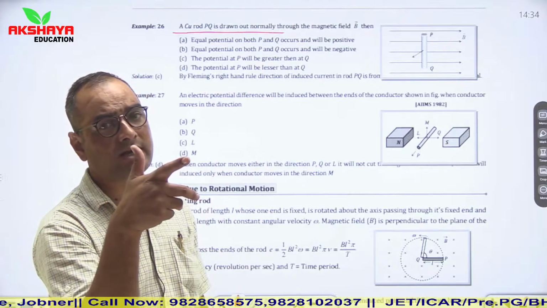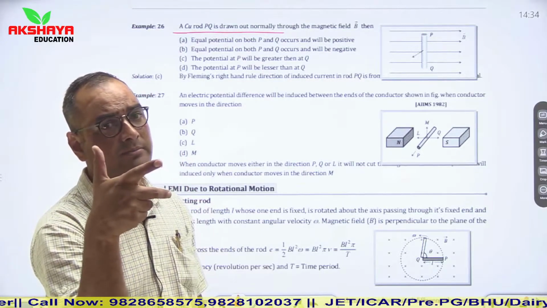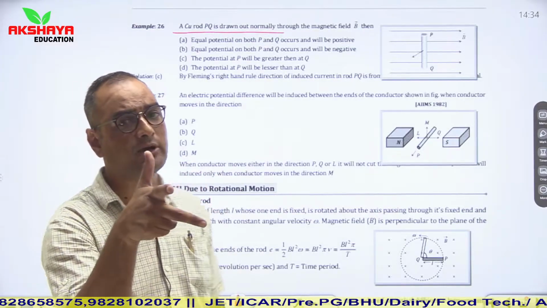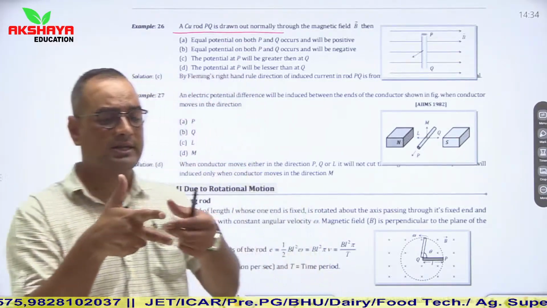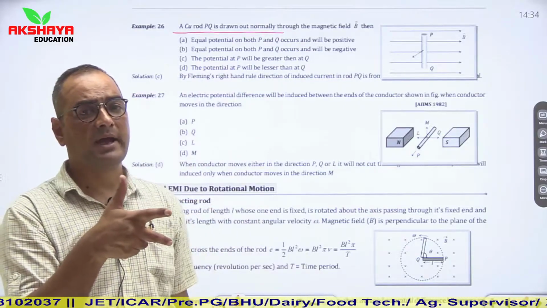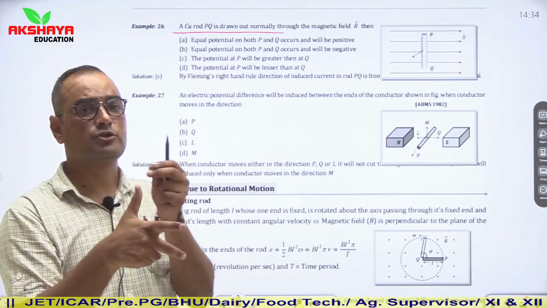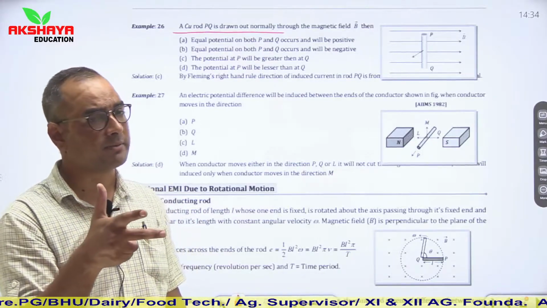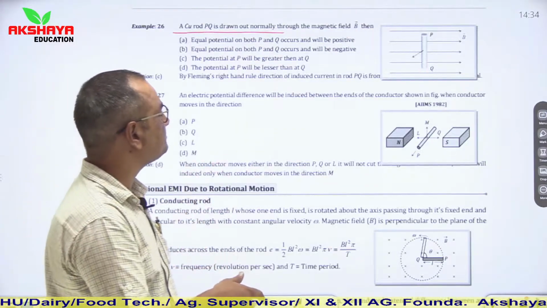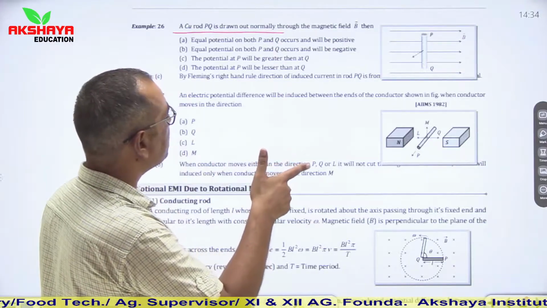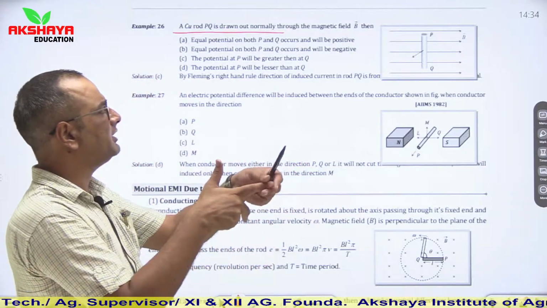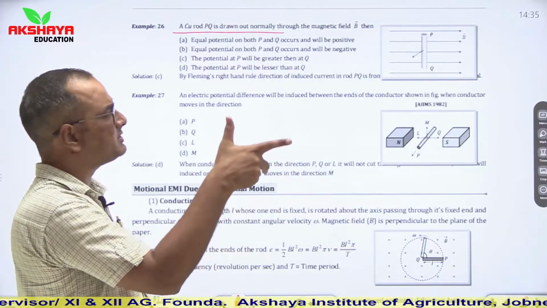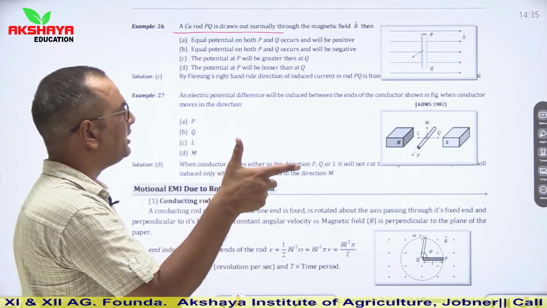According to Fleming's right hand rule, stretch the thumb, index finger and middle finger of the right hand in such a way that they are mutually perpendicular. If we take the index finger in the direction of the magnetic field and the thumb in the direction of motion, then the middle finger will represent the direction of induced current or EMF. So here the magnetic field is given, the thumb is representing motion in the upward direction, then the induced EMF will be in the inward direction.